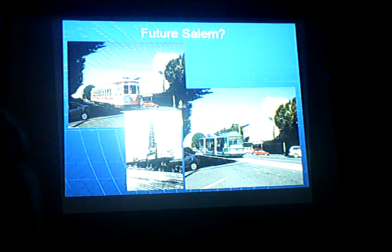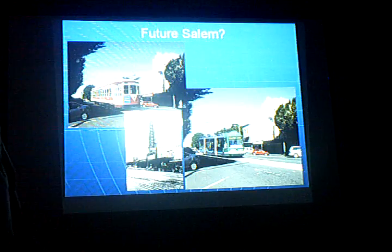Future Salem. I was actually on a streetcar committee to put streetcars back in Salem. We got $50,000 in a study to do it. I put these couple photos together just to give some resemblance. There used to be the interurban line that went down High Street there, so I figured to put it there. But then the city saw $50 million, had a heart attack, and so the transit district, so it kind of...